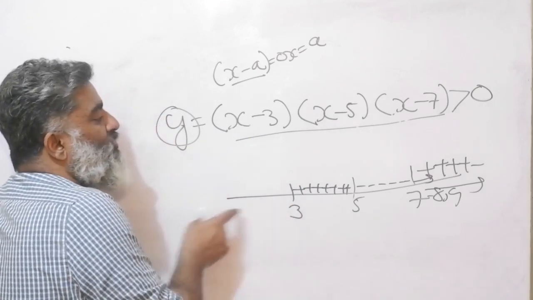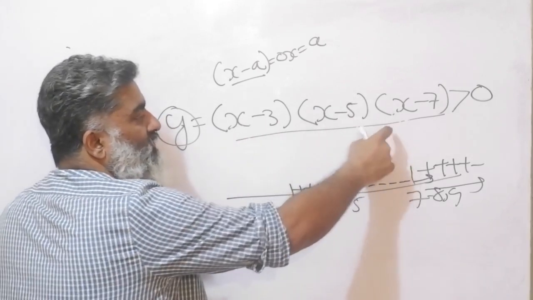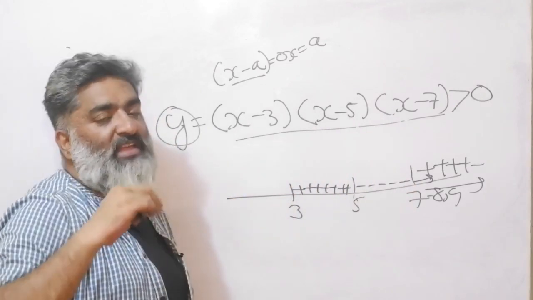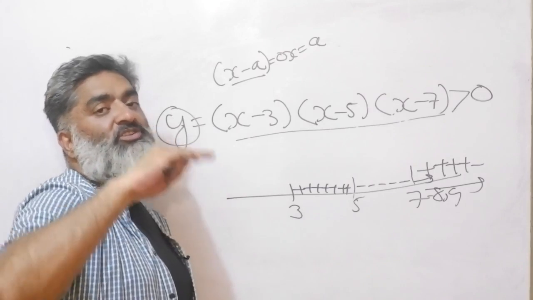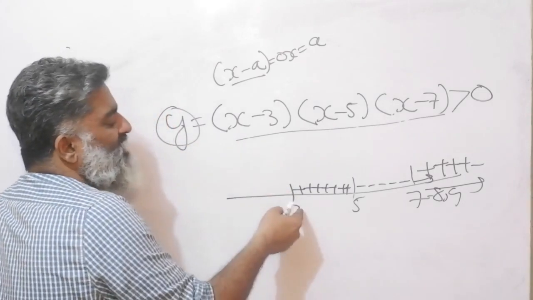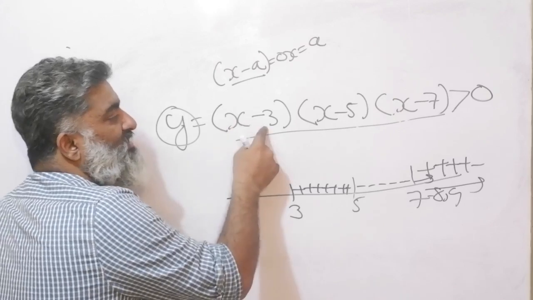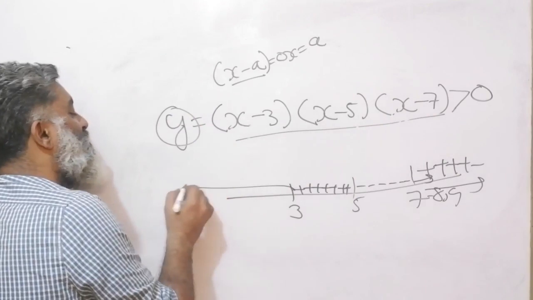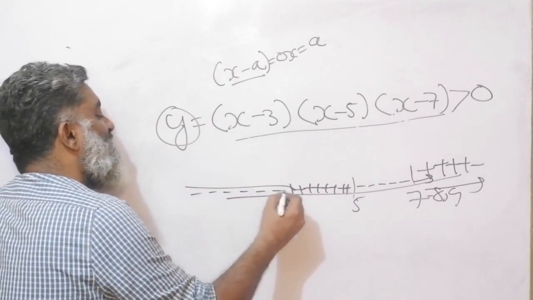And if I go below 3, negative, negative, negative, all 3 will be negative. I hope you are working it out by yourself. Sometimes I might take a little extra jump in the logic, so maybe hit pause and work it out for yourself, right? Negative, because less than 3, say if I put 1, 1 minus 3 negative, 1 minus 5 negative, 1 minus 7 negative. So anything below this is going to be negative.